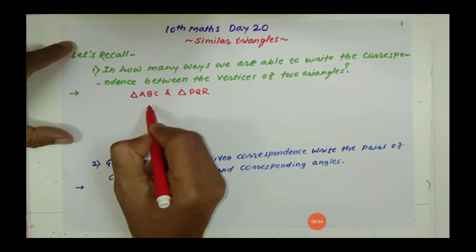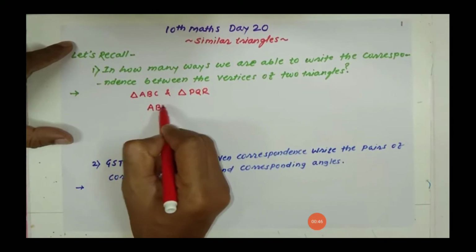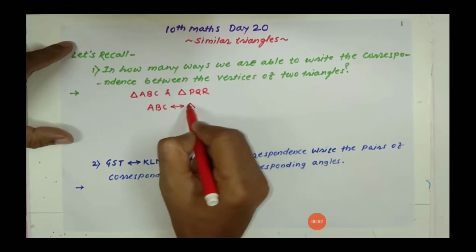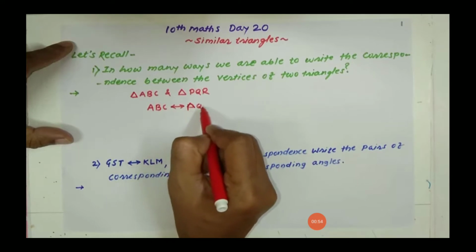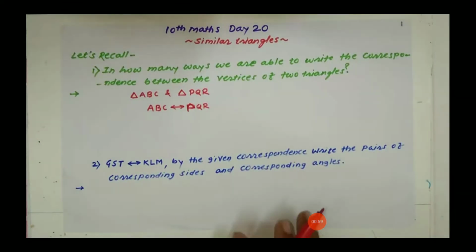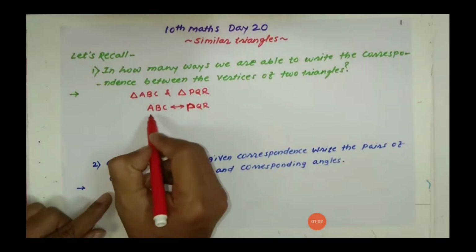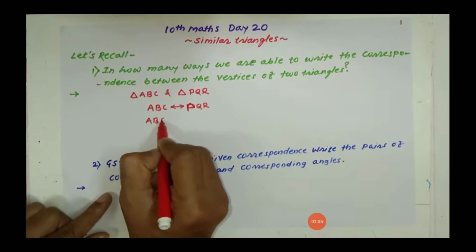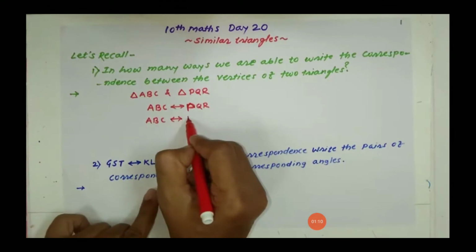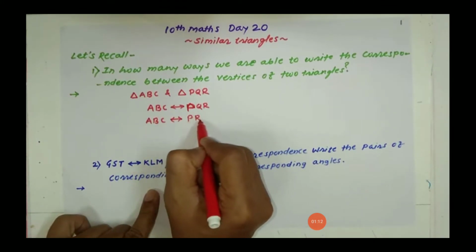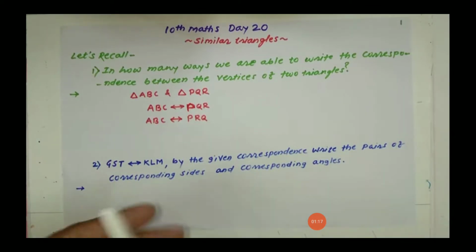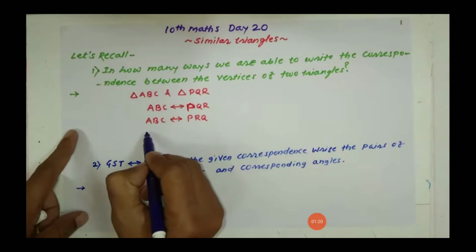See, first of all, we will keep the triangle ABC corresponding to triangle, sorry, we should not write triangle, just the correspondence. While writing the correspondence, you have to write only the vertices of the triangle: PQR. Okay, so the first one is clear. Then what will we do? See, ABC is written the same, corresponding to P remains as it is, and change QR, it will be RQ. So these are the first two correspondences.